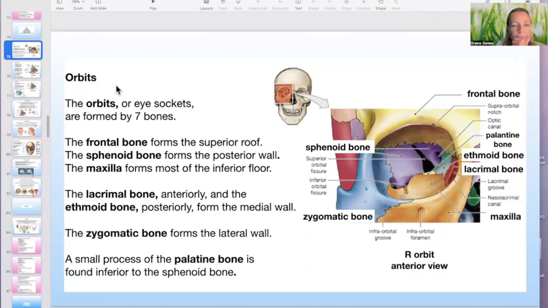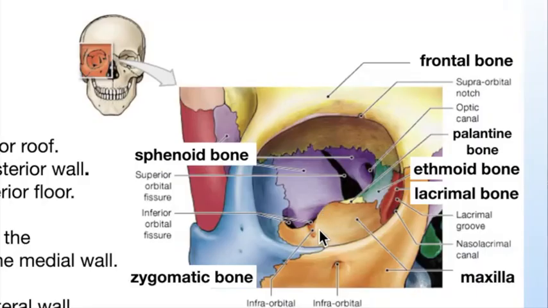So, okay, the orbits. The orbits are complex structures. The orbits or eye sockets are formed by 7 bones. The frontal bone forms the superior roof, the sphenoid bone forms the posterior wall, and the maxilla forms most of the inferior floor. So the frontal bone yellow, the sphenoid bone purple, the maxilla orange, and we have a lot